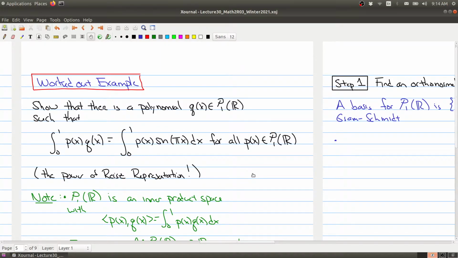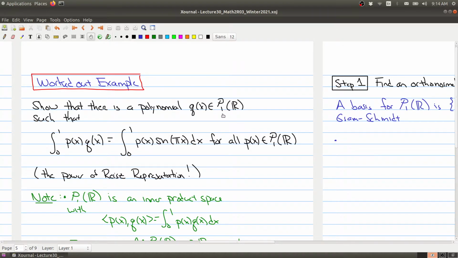So welcome to part 3 of lecture 30. So here's the example that I'm going to work out today. And let's first take a look at the example. And it may seem like you've wandered into the wrong class because it doesn't look like a linear algebra problem to begin with, right? And so the example that we're going to do is show that there's a polynomial